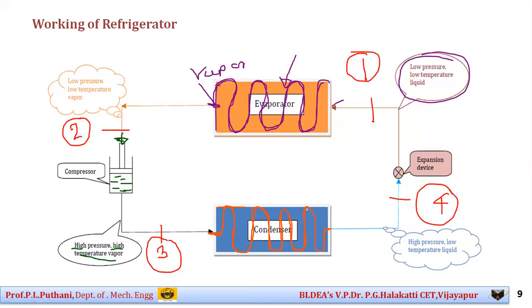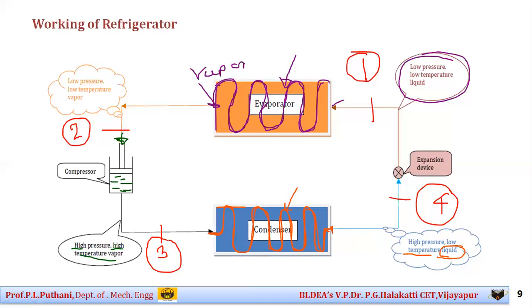Already we know heat always flows from hot zone to cold zone. Here in the coil tubes, the refrigerant has more temperature. That is the reason it is in the vapor phase. Therefore, it gives away the heat to the surrounding air as it passes from point 3 towards the end of this condenser section. By the time it reaches the end point, the refrigerant gives the heat completely to the surrounding air, and there is a drop in temperature. A drop in temperature means the refrigerant is converted back to the liquid phase, at low temperature.